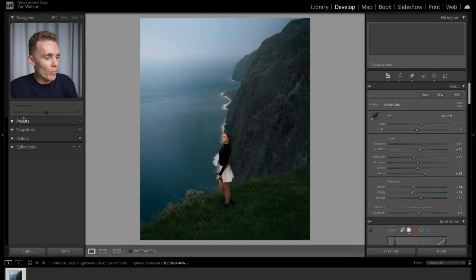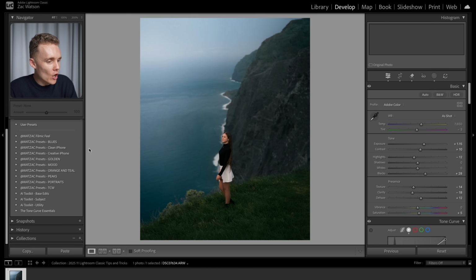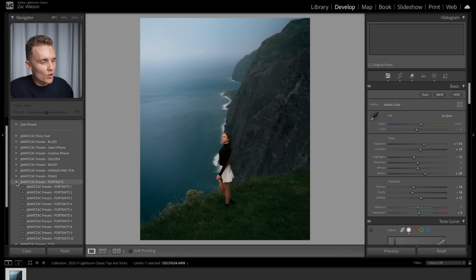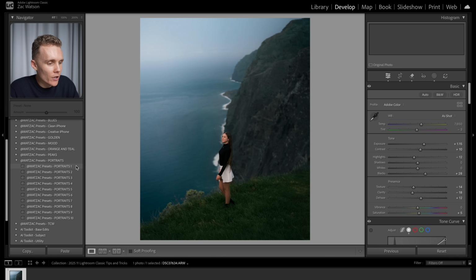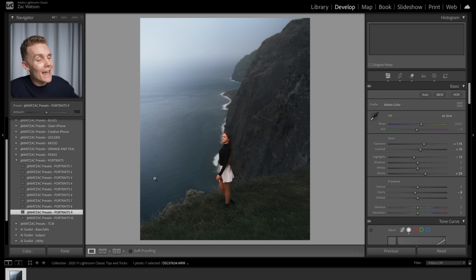So let's open up my preset tab right here. Let's open up my portraits pack, for example, and all we're going to do is scroll through these presets, find one that looks fairly nice. These might be a little bit the wrong pack for this shot, but I'm sure we'll find one that looks somewhat good. Okay, I like this one right here,